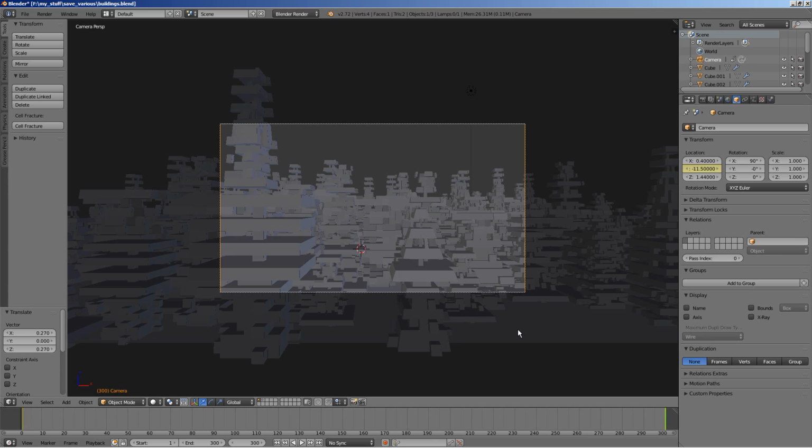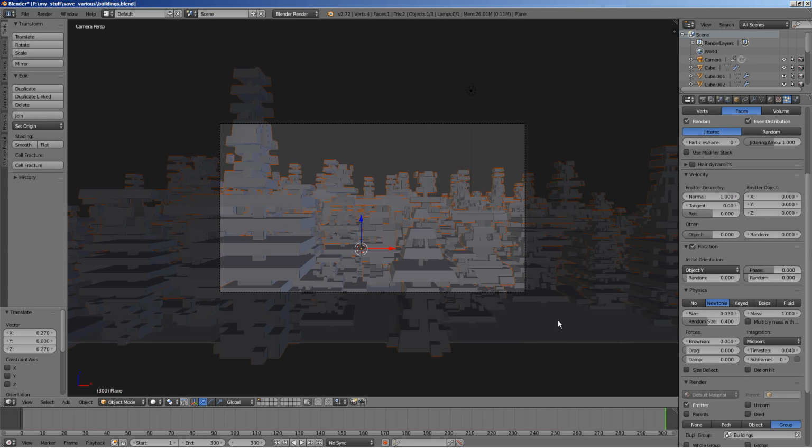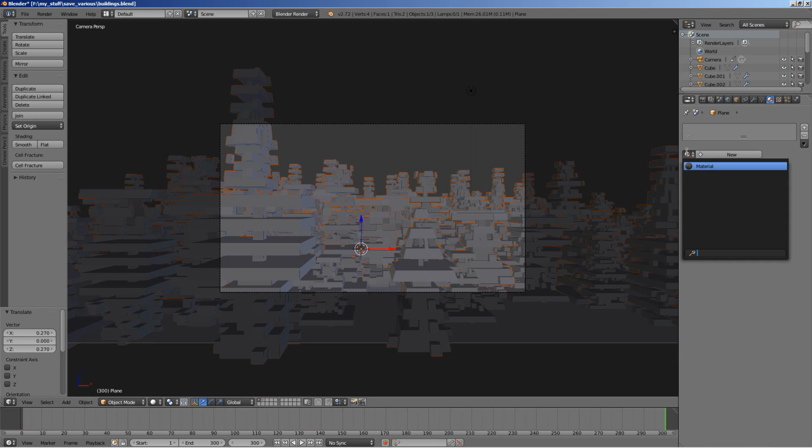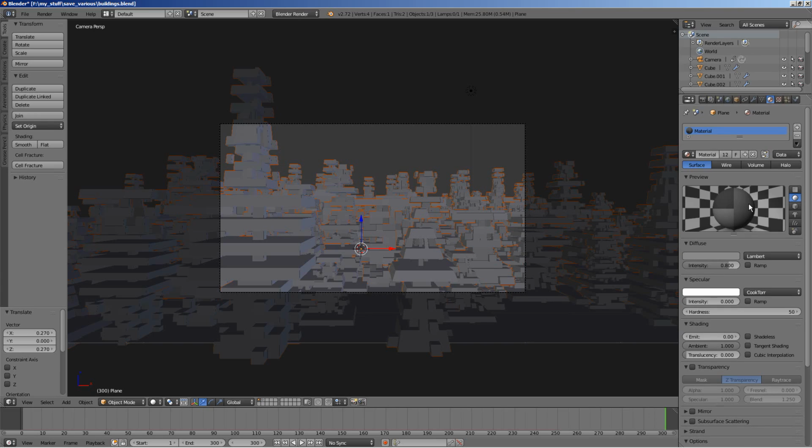Okay, now I'm selecting the particle system, right mouse button click to select it, and what I want here is to also render the emitter. It is checked. And for the emitter, I'm going to move to the materials. Let's add a material to this object as well, but I'm going to click this little 12 number here, and I'm creating a unique material for the floor. I'm going to call this one floor, and what I'll do for this one is bring the intensity down. Let's set it down to